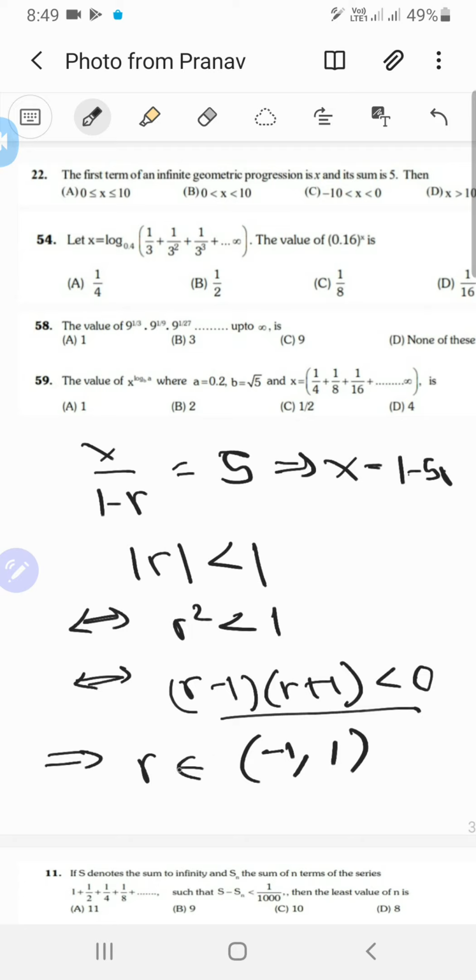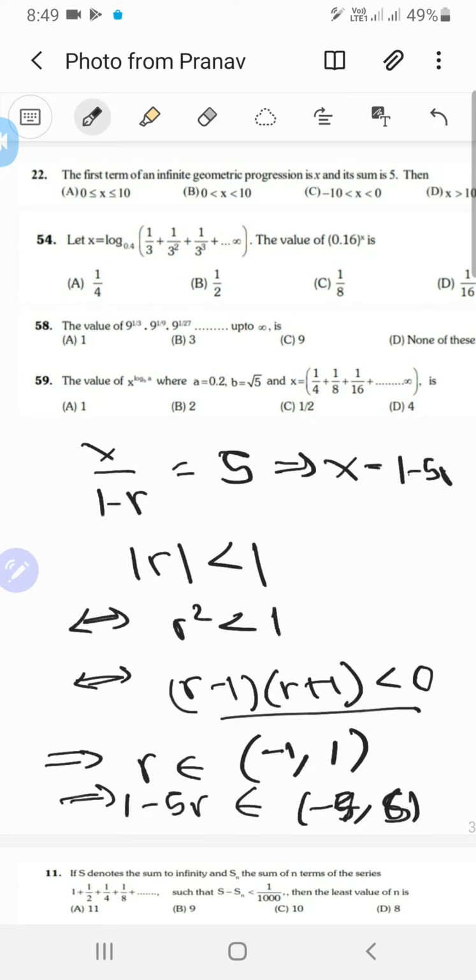So because r belongs to this interval, you can say that minus 5r belongs to minus 5 times 1, which is minus 5, to minus 5 times minus 1, which is 5. So when you add 1 to both of these, 1 minus 5r belongs to minus 4 to 6. Okay, so that should work,